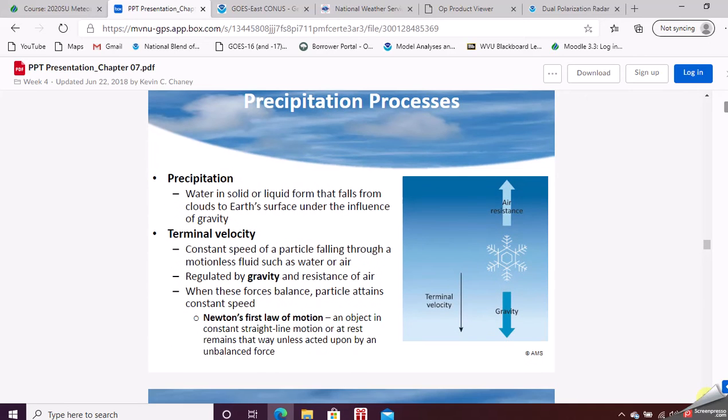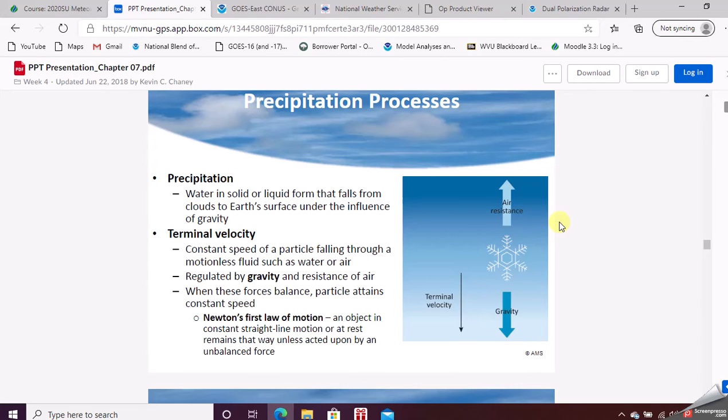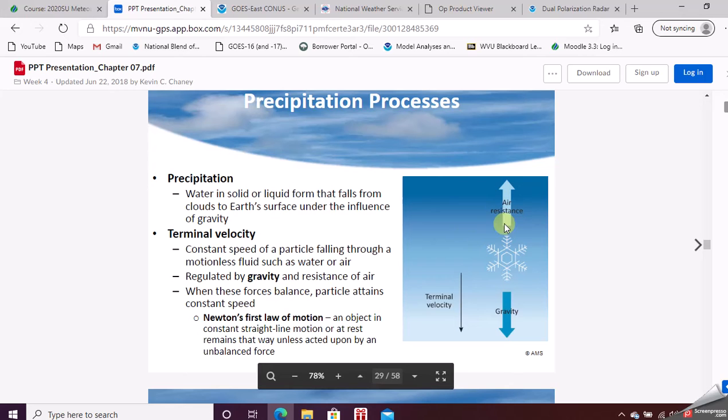So another thing, now we take these clouds, we want to have precipitation come out of them. What happens is gravity pulls down on something like a snowflake, and that snowflake has to weigh so much to begin to fall. And gravity will grab it. But then there's air, there's friction. We talked a little bit about friction when we were talking about wind. Well, it happens here. So they literally balance the forces.